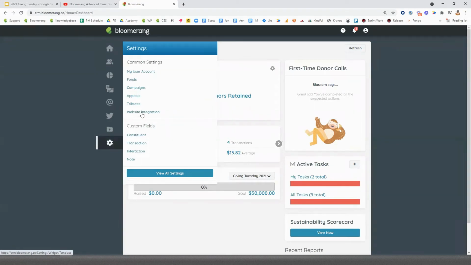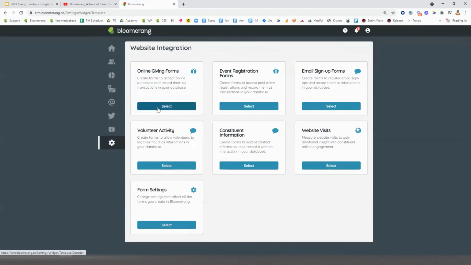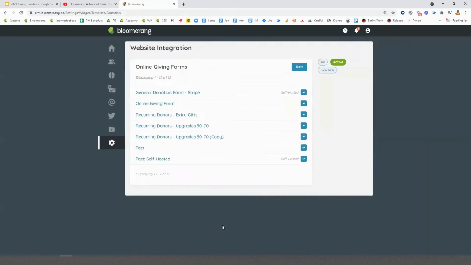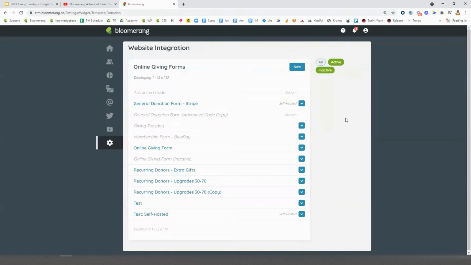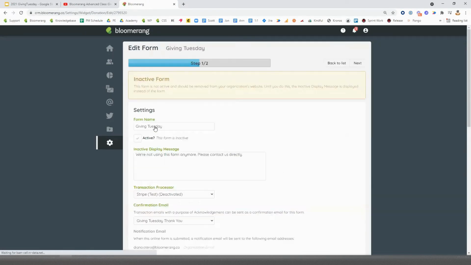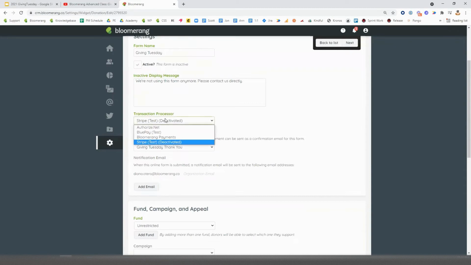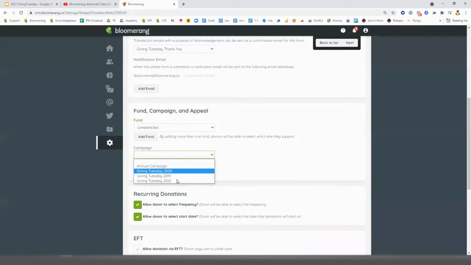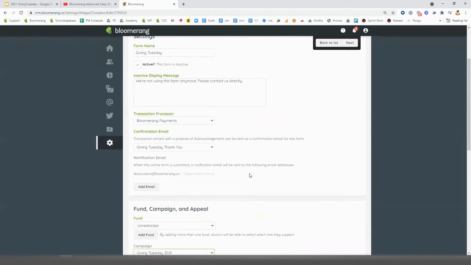Now, in terms of the form, if you already have a form that you've used in the past for GivingTuesday, you can see in my database, I already have a GivingTuesday form that I've deactivated. You can reactivate it and use it again for this year. So if you already have one, you can click on it. You can update, let me update my processor. And I'm going to update it so that it's pointing to my 2021 campaign, since it's already 2021. So I can update all of these emails,